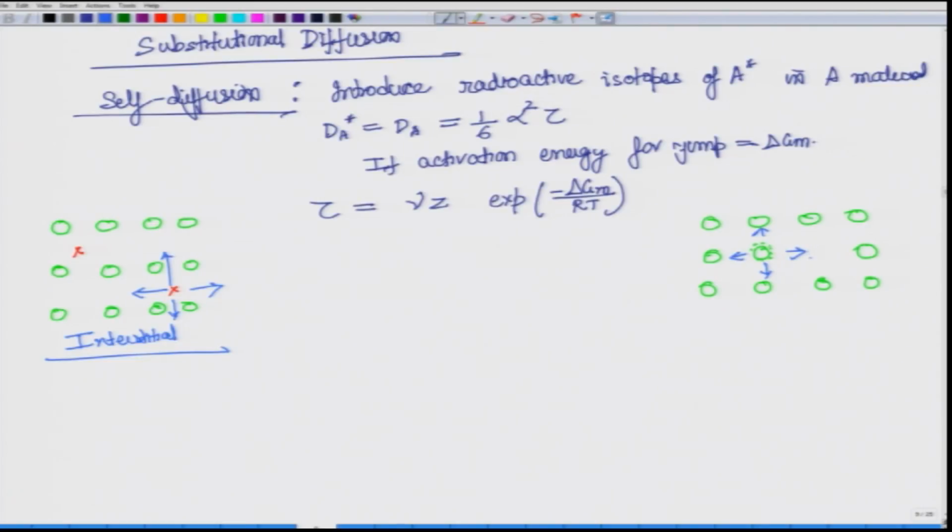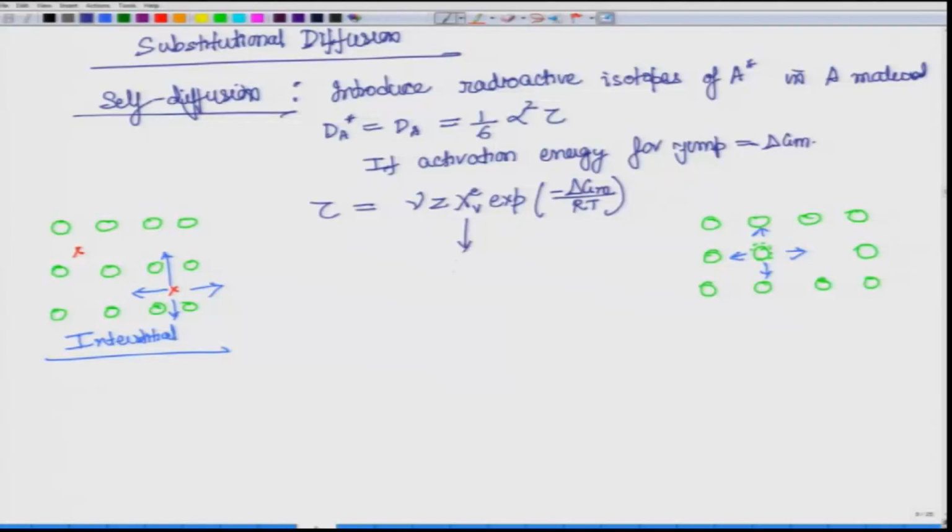So, the jump would depend on how many sites are available, and how will we know that? That is simply the fraction of vacancies, and if we are talking about equilibrium condition, then X vacancy equilibrium. This factor alone is able to solve this, but you must remember that this is a very, very small factor. In equilibrium we are talking about 10 to the power minus 4, that is the fraction of equilibrium vacancy. So, it is a very small factor, and therefore the number of successful jumps actually reduces by a long margin.